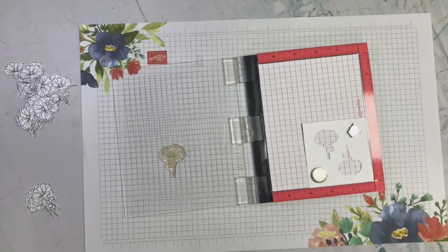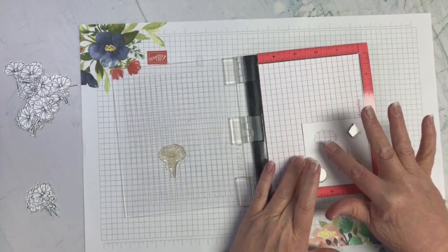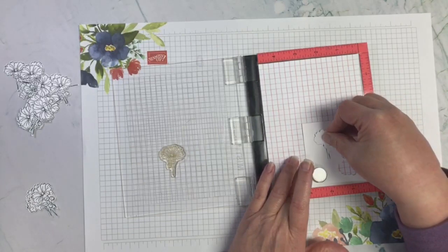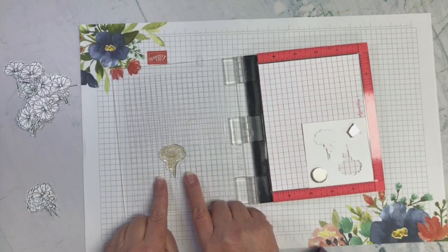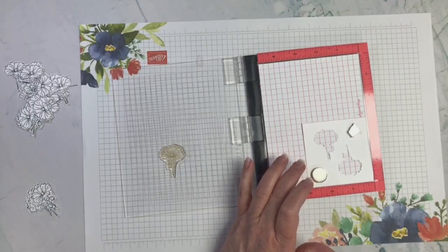And so what I did is, once I found the size, this one is not the size, but once I found the size that I liked, I went ahead and cut it out. And then I took the part that I cut out and I stuck it right back in that cutout area. And then I lined up my stamp set. And that took a few little tries, but once I got it where I wanted it, I was able to then cut out several of these